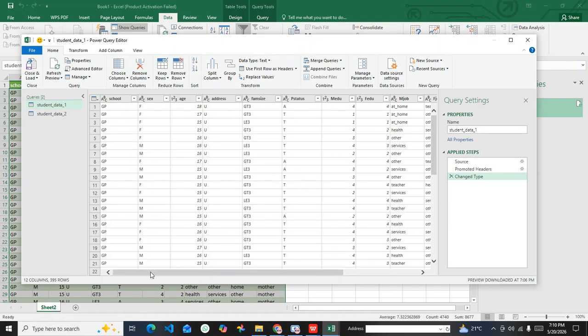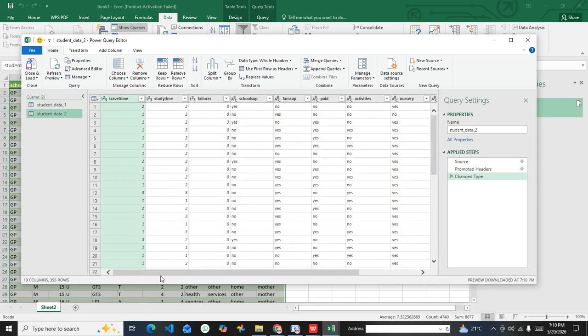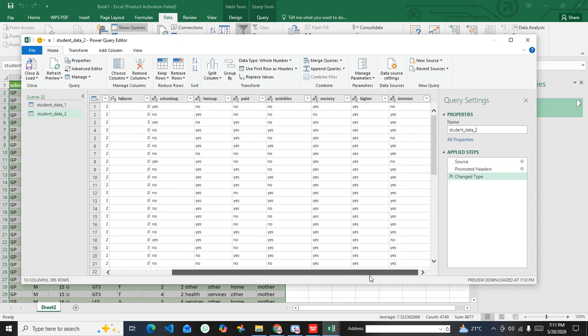Then on student data 2, I'm going to have my students' study habits: traveling time, study time, failures, school support, family support, paid activities, nursery, higher, internet,